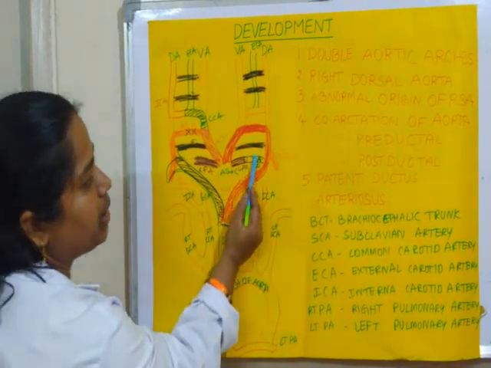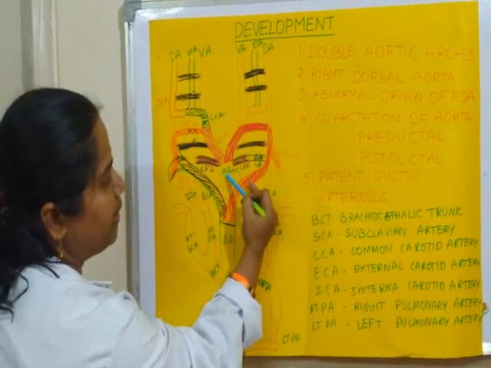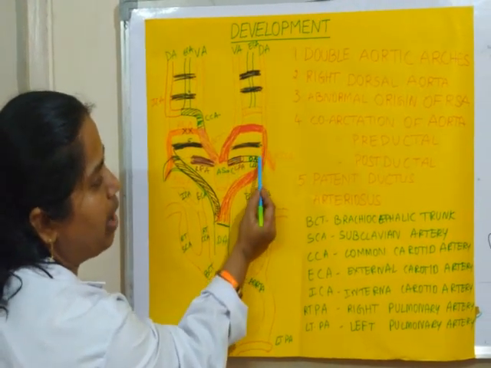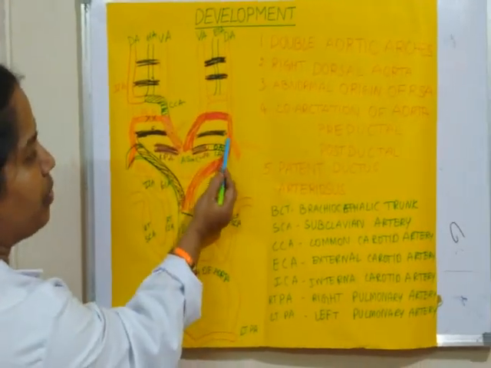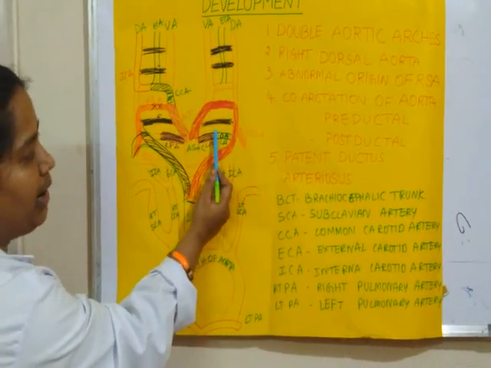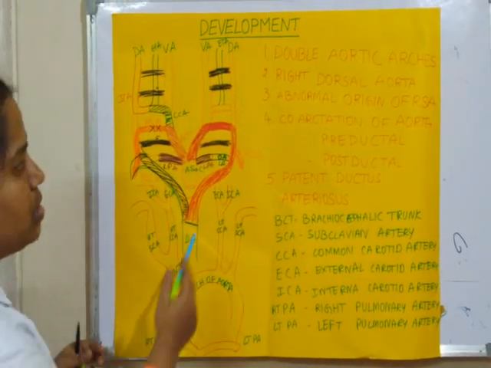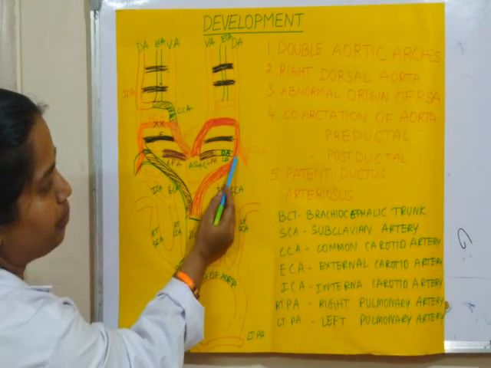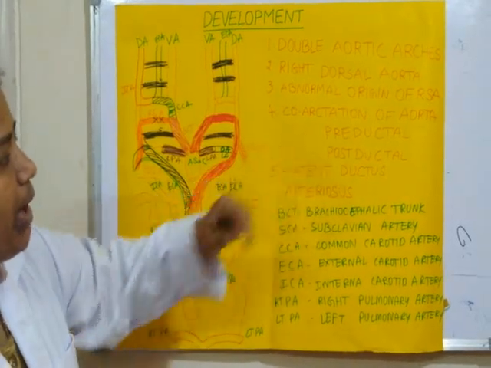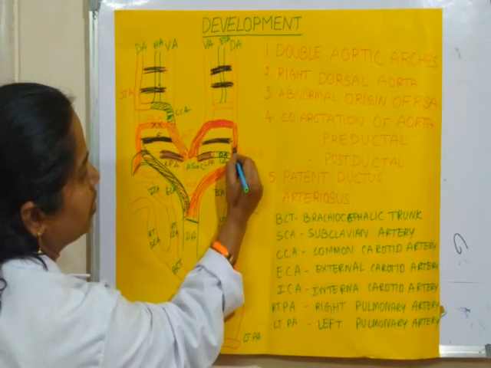Suppose it is preductal coarctation of aorta, what happens? Blood from the ascending aorta enters into the arch of the aorta, and there will be backflow of blood from arch of aorta to the pulmonary trunk, that is from left side to the right side. So pure blood which is pumped from the aorta reaches again back to the left pulmonary artery through the ductus arteriosus. So this occurs usually in the